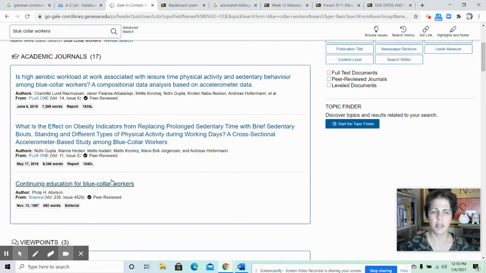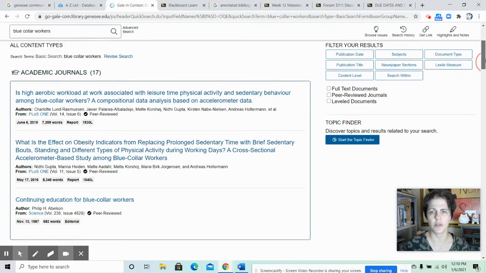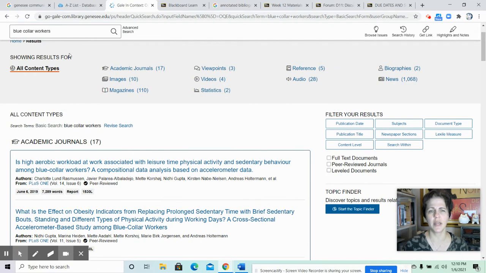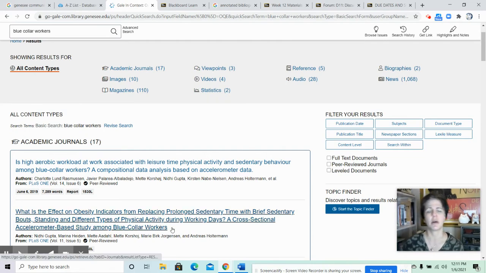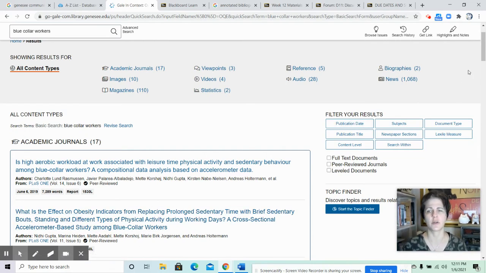These are academic. It's always going to start you in the academic journals. Okay, that means, just to decipher between source types, academic journals are written for scholars, right? And there aren't very many pictures. They look like journals, right? They're kind of boring to look at, but they're the kinds of journals that scholars read, and scholars get published, and PhD students get published in academic journals when they're writing and doing their thesis and so on.